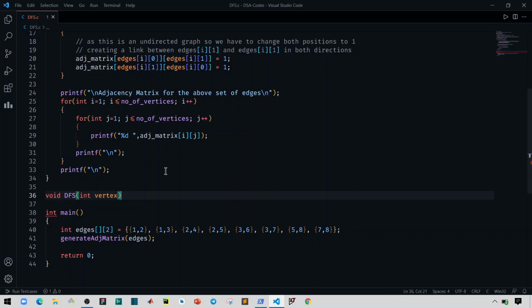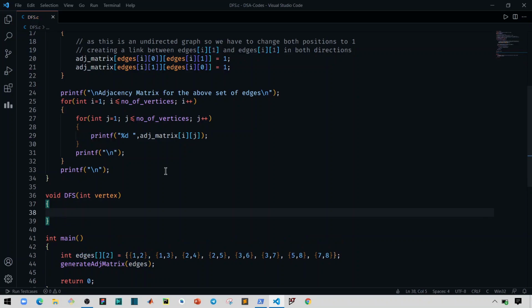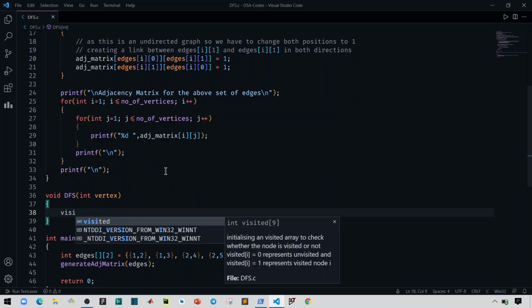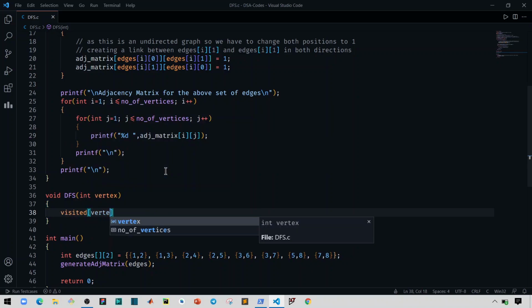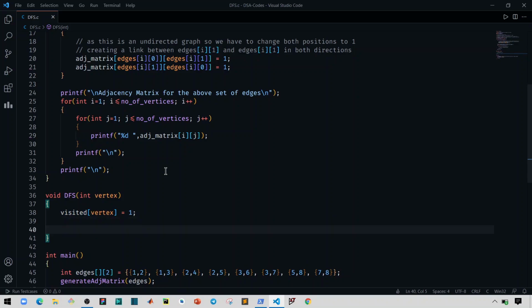So int vertex it has taken as argument. Then in this function, as we have seen, first of all we have to make this node as visited. So visited vertex equals to 1. That is, we have made this node as visited.